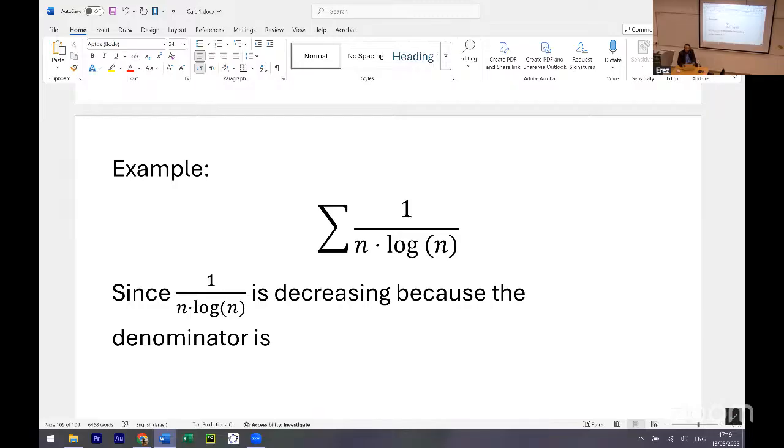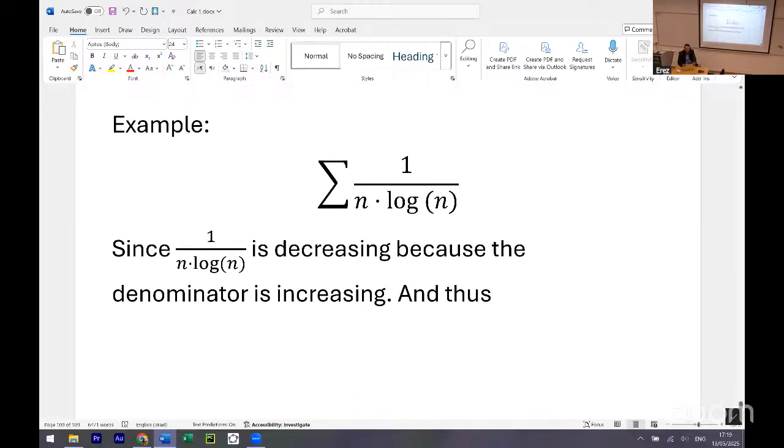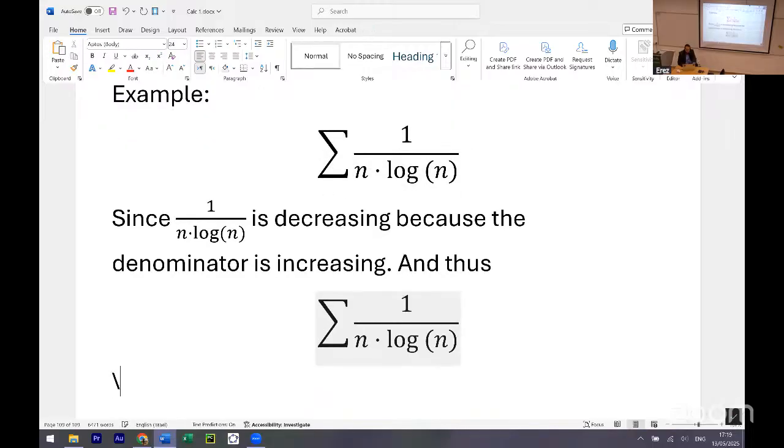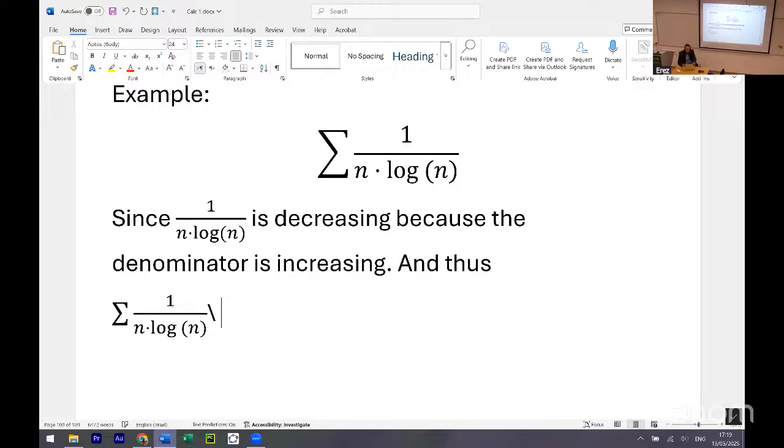The denominator, the actual theorem was increasing. The denominator is increasing, n is increasing, log is increasing. So if the denominator is increasing, the whole fraction is decreasing. So we need to make sure that in order to use the condensation test, this series, sorry, is the BFF of,